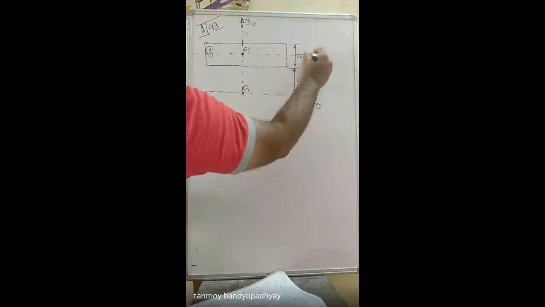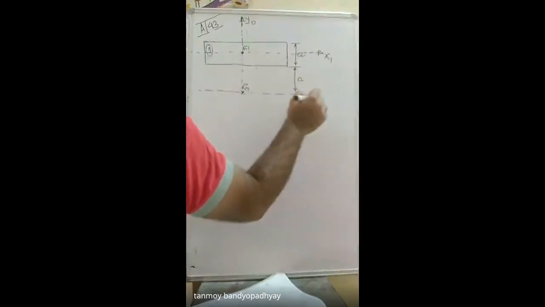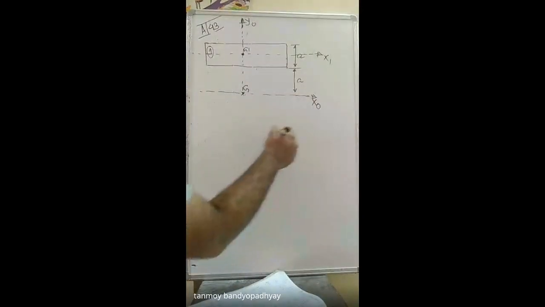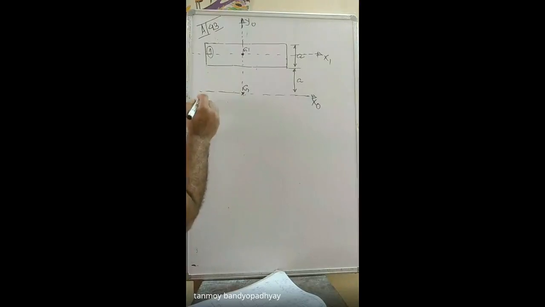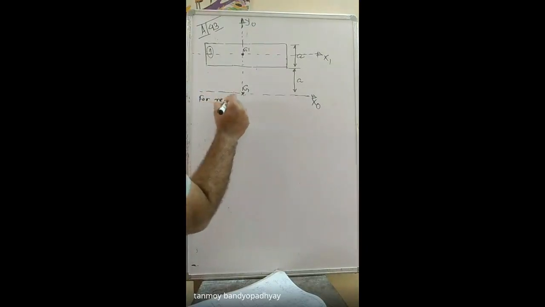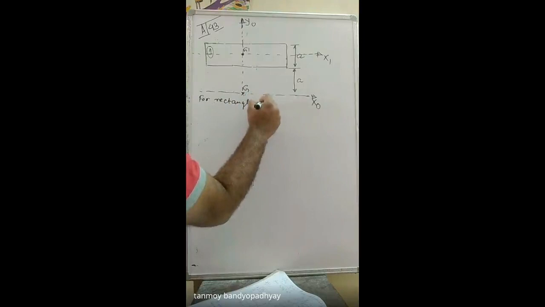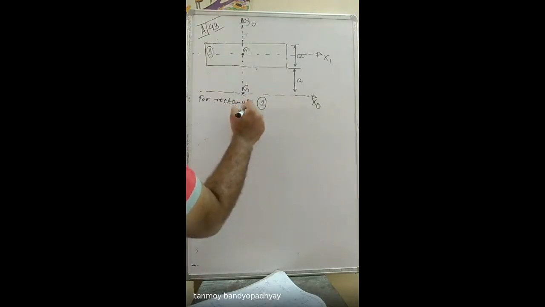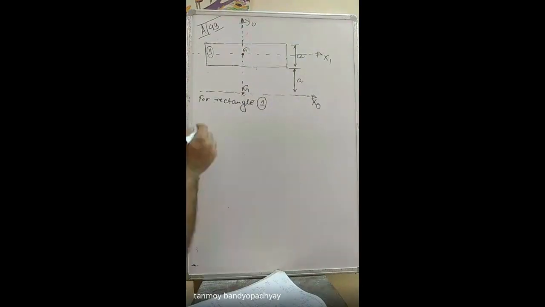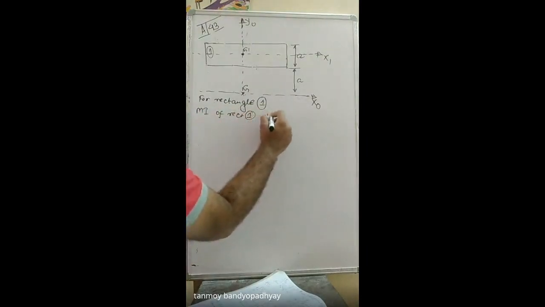You can call it X1 also. So let's call it X1. X2 coincides with X0, and the bottom one you call X3. So for rectangle 1, look at the moment of inertia of rectangle 1 about